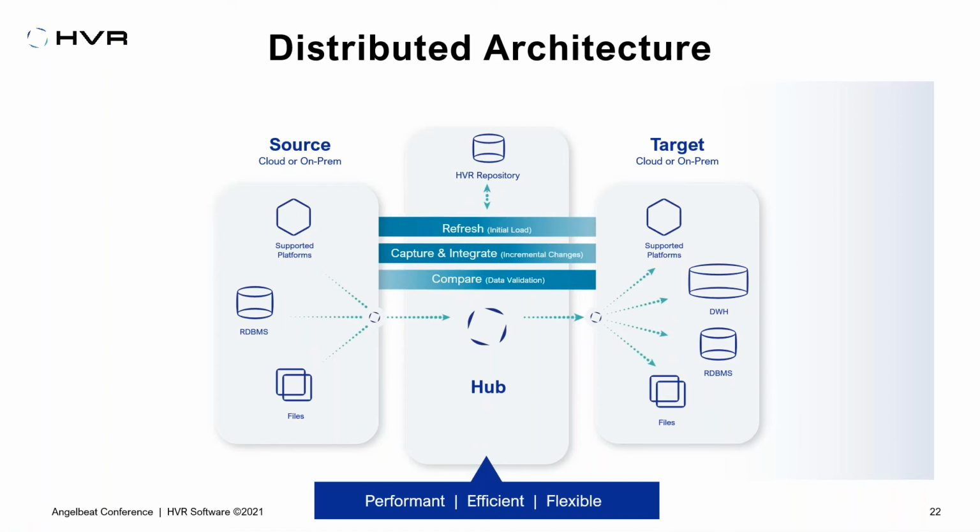So this is a diagram of HVR's architecture, but it's a very generic architecture slide. The thing to keep in mind is that our architecture is very modular and flexible, and depending on a customer's particular environment, what's their use case, their sources and targets, is it on-prem or in the cloud, what are their latency goals, we can make recommendations around how we're going to configure the various HVR components. Are we going to run with an agent or agentless? Are we going to put the components on-prem or in the cloud? So we're able to meet their latency goals as well as looking at their other considerations